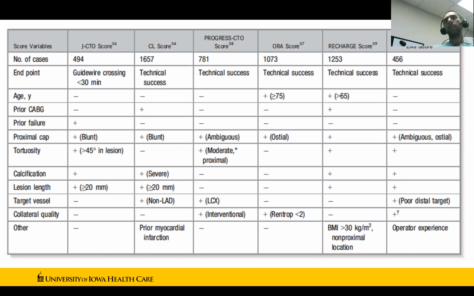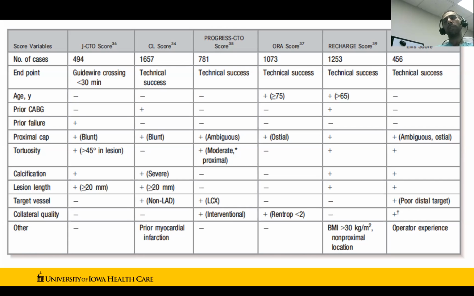And as you add these different variables, the complexity increases. So the older the patient is, if they've had prior bypass surgery, if the attempt at CTO PCI has failed previously with you or with another operator, if your proximal cap at the level of the CTO is ambiguous or blunt, if you have a tortuosity in the vessel that has the CTO, if you have a lot of calcification, if the length of the CTO is long,